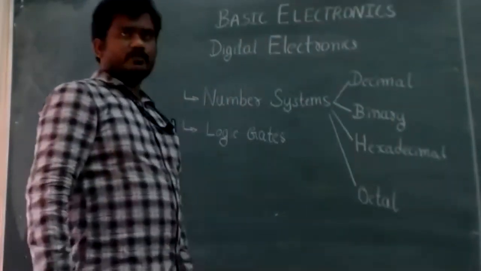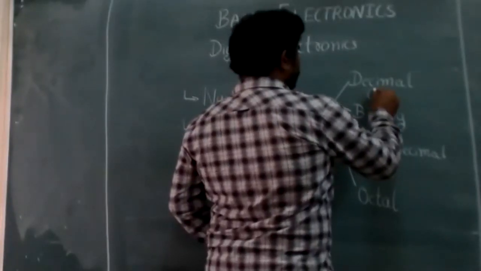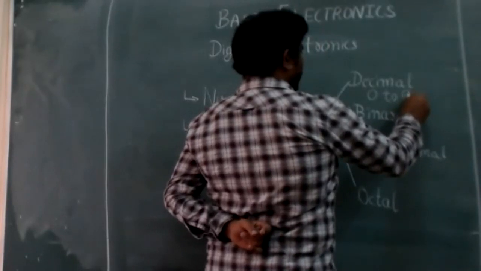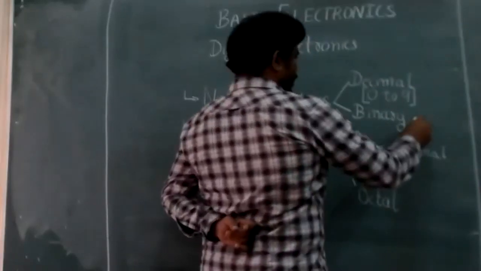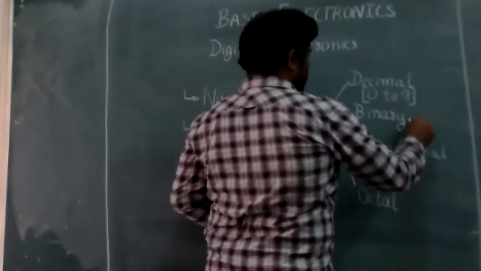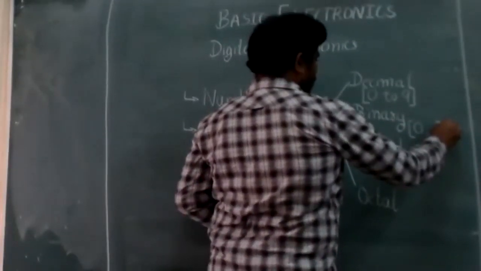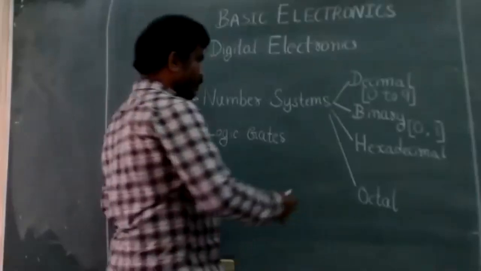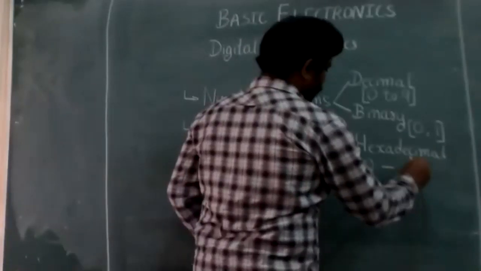In the decimal number system, we have a number range from 0 to 9, and in the binary number system, we have only two, that is 0 bit and 1 bit. You have totally 2 here. And in the hexadecimal number system, the number is ranging from 0 to